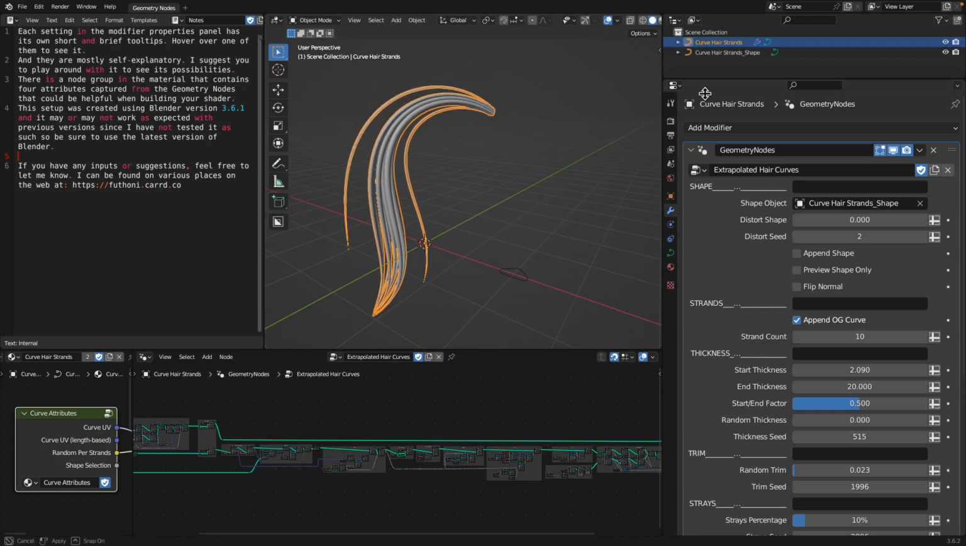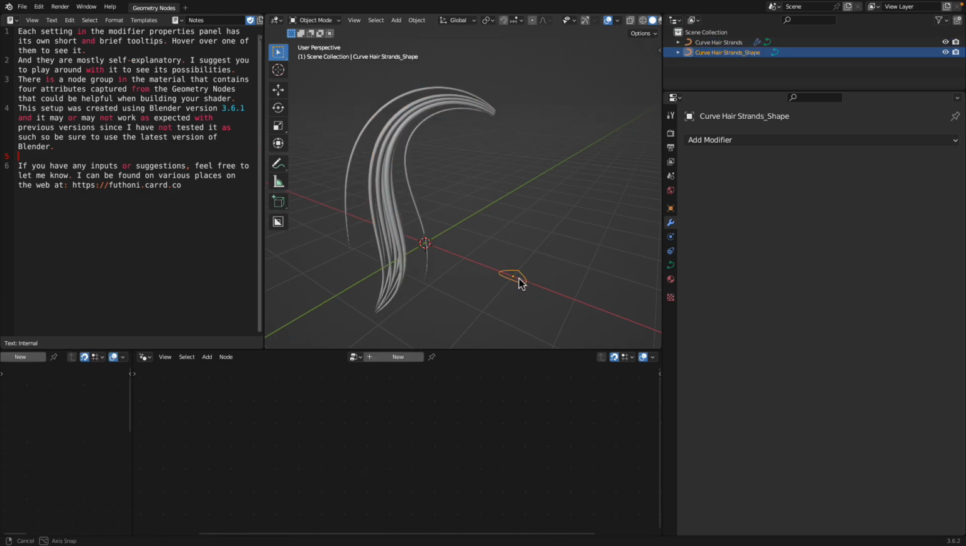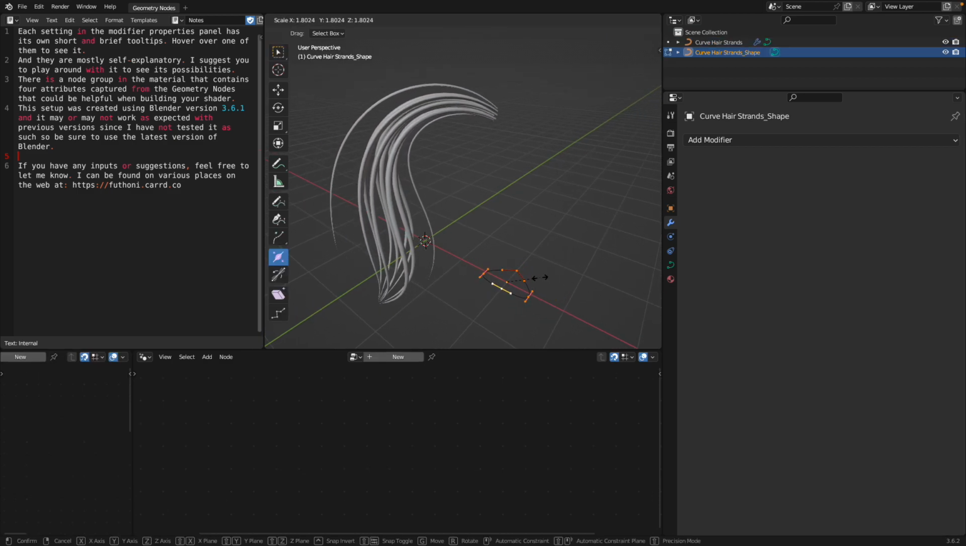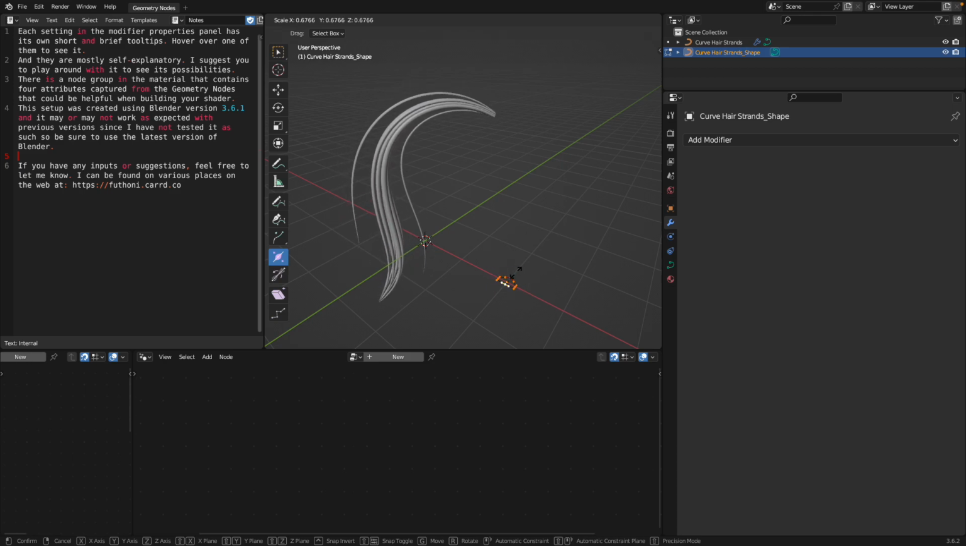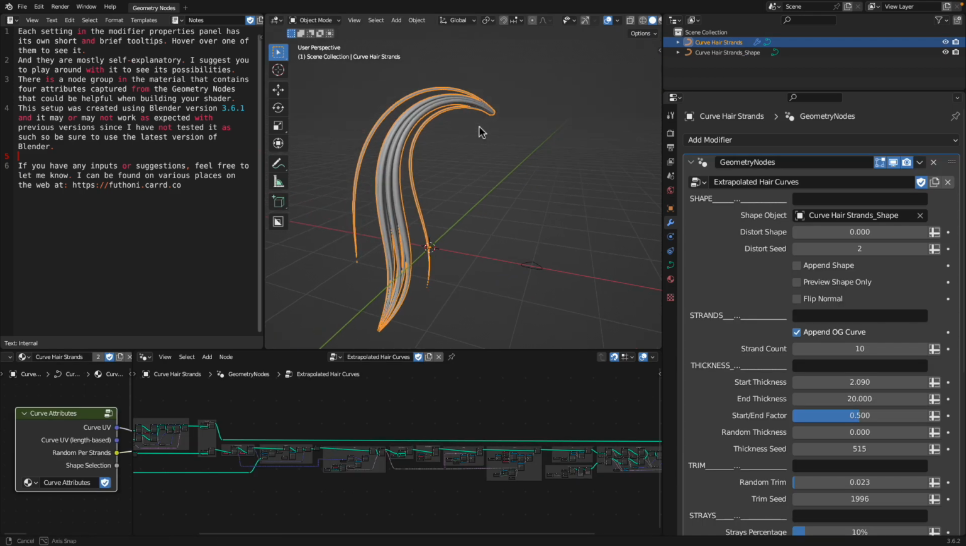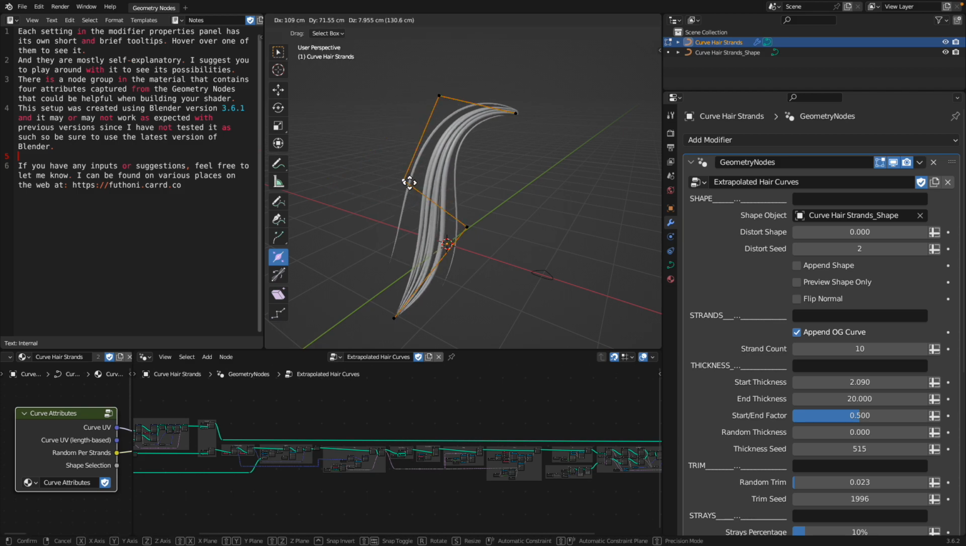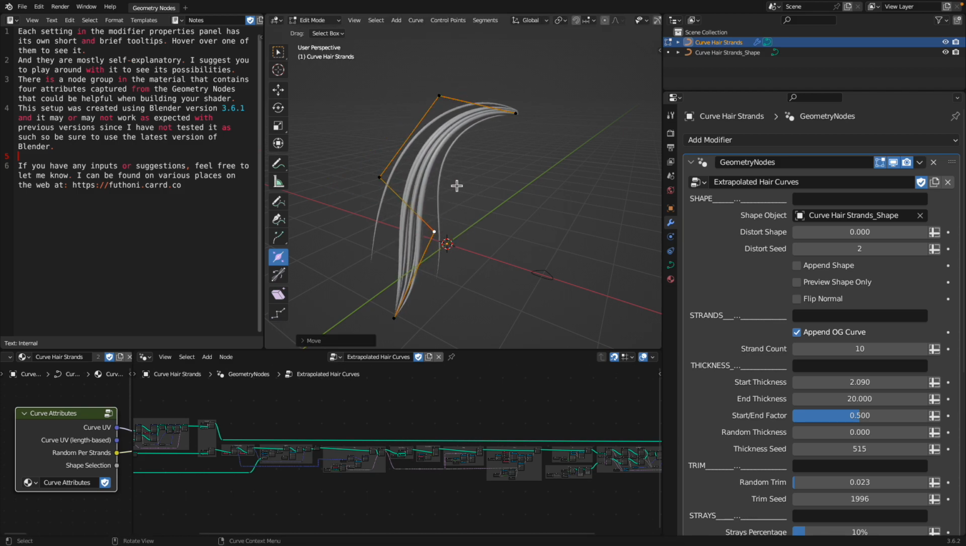It has two curves in the 3D view. The small one actually controls the overall shape. So it's like the profile of the hair. And this is the actual spline. If you hit Tab, you can modify the shape. So this is a single spline,